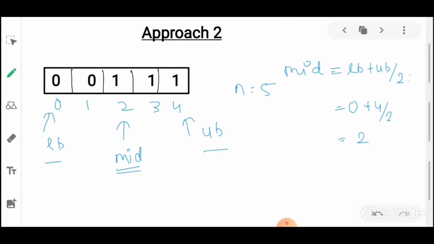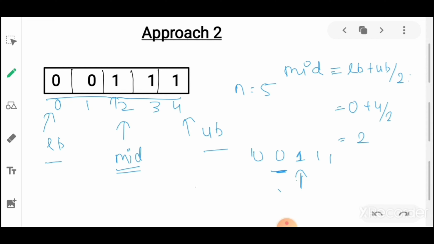In this case our mid is 1. For 1 as a mid, we'll check if mid minus 1 is 0 or not.